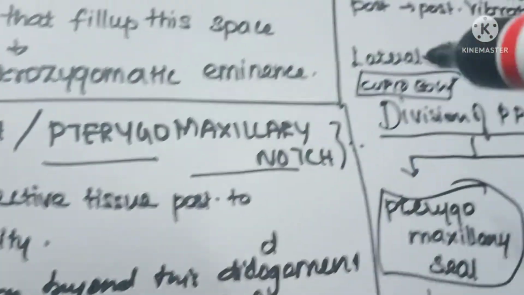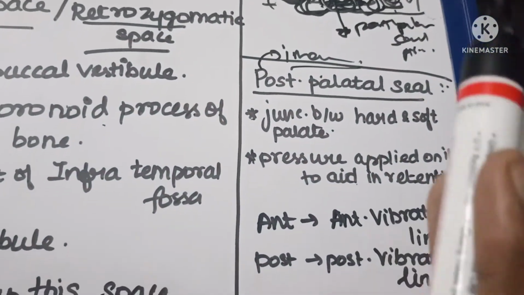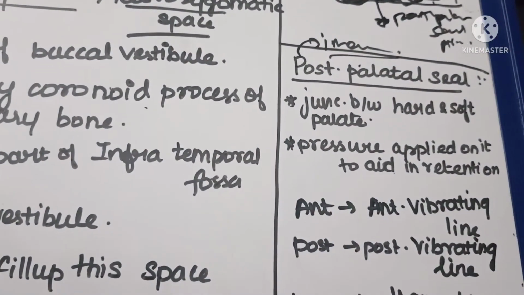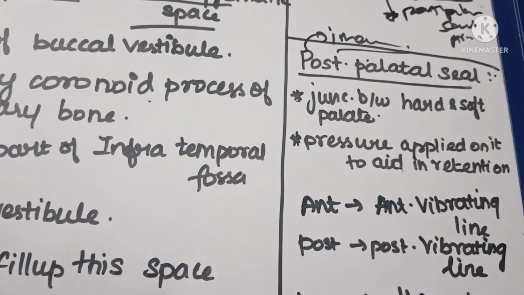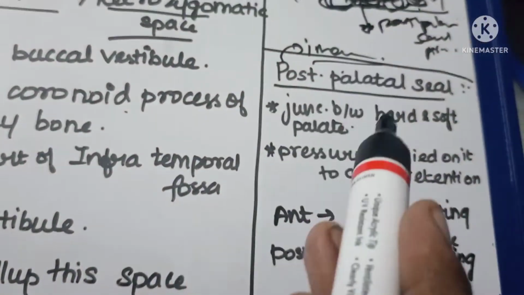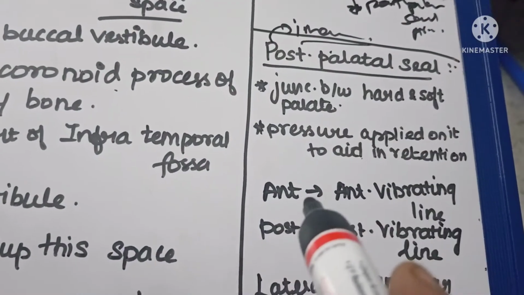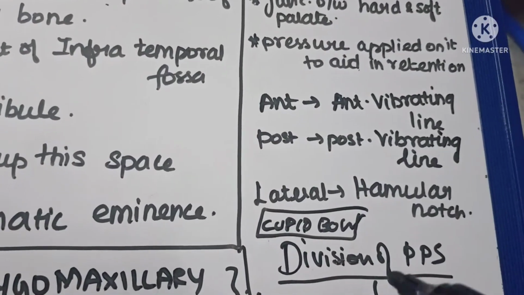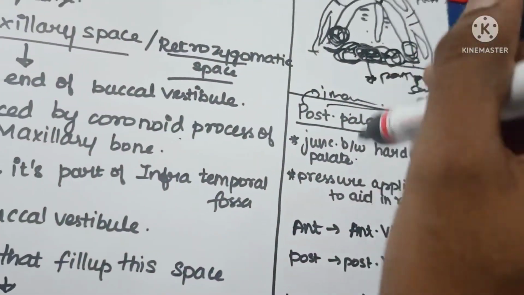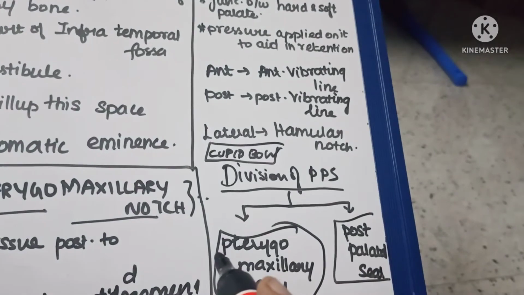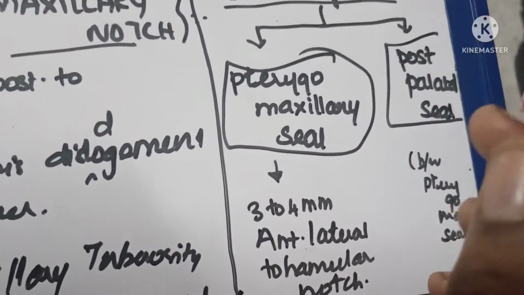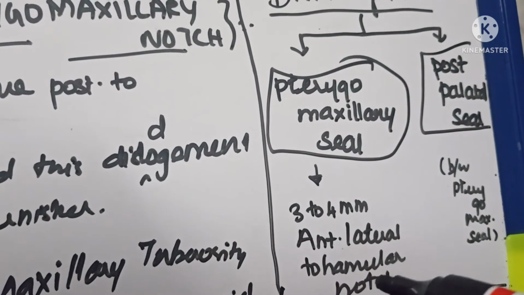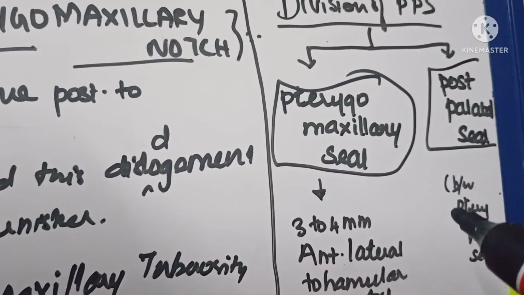Then your postpalatal seal area is actually a junction between your hard palate and your soft palate. Any pressure applied on it aids in retention. If you see the extension of this, it is anteriorly the anterior vibrating line, posteriorly the posterior vibrating line, and laterally the hamular notch. It's actually cupid bow in shape. We can divide this posterior palatal seal area into two: the pterygomaxillary seal area and the post-palatal seal area. The pterygomaxillary seal area is present 3 to 4 mm anterior lateral to the hamular notch, and the post-palatal seal area is between